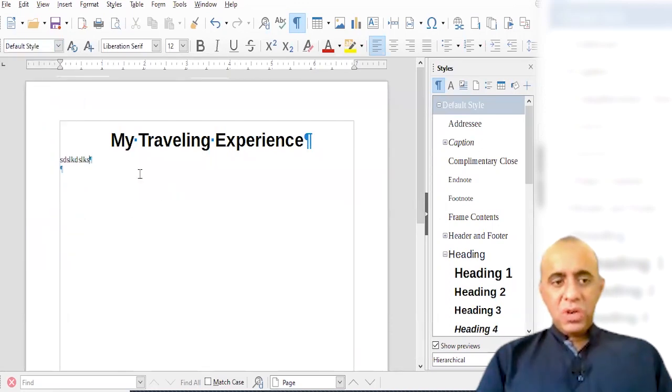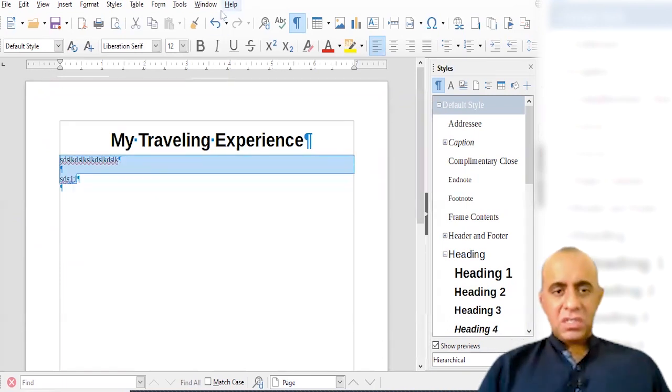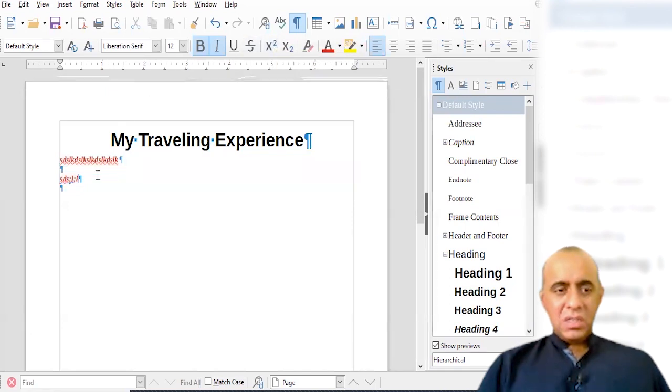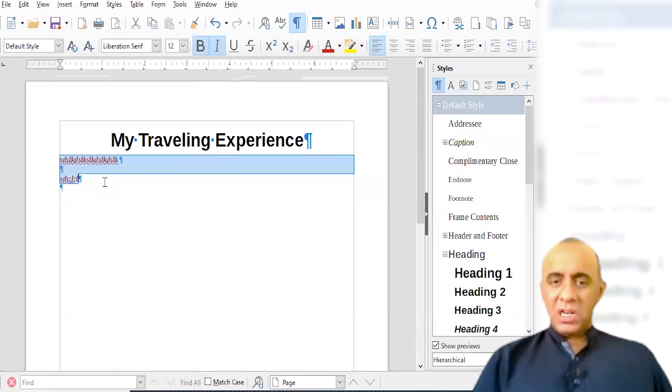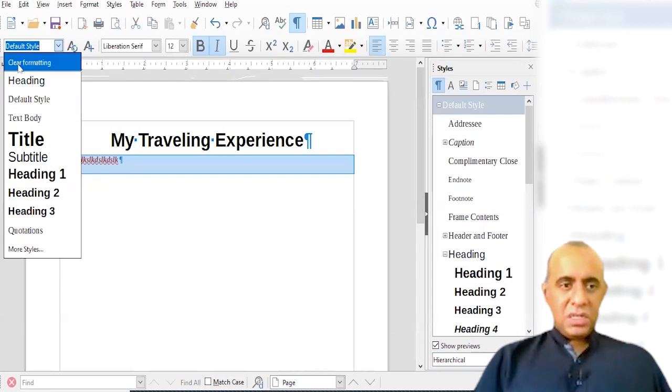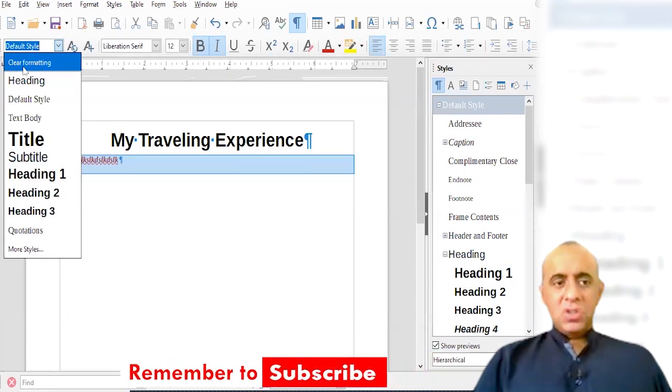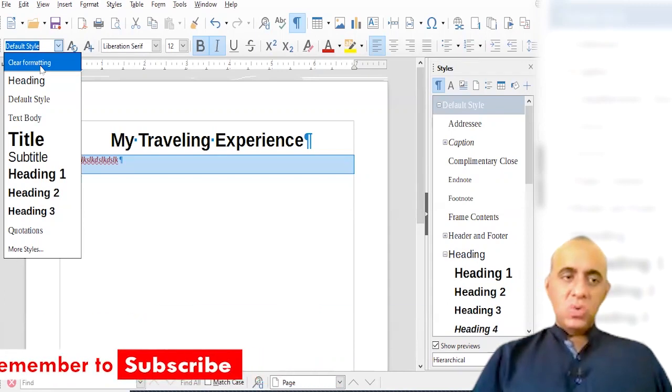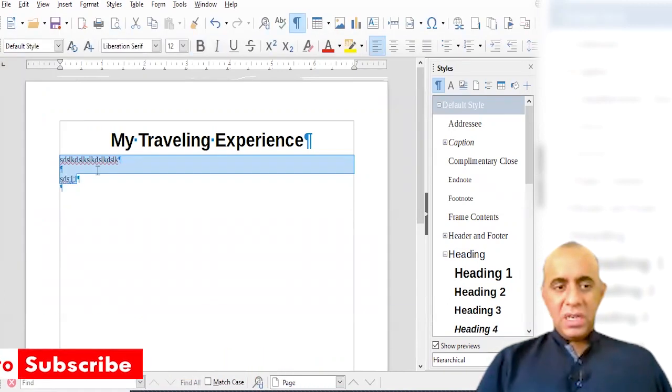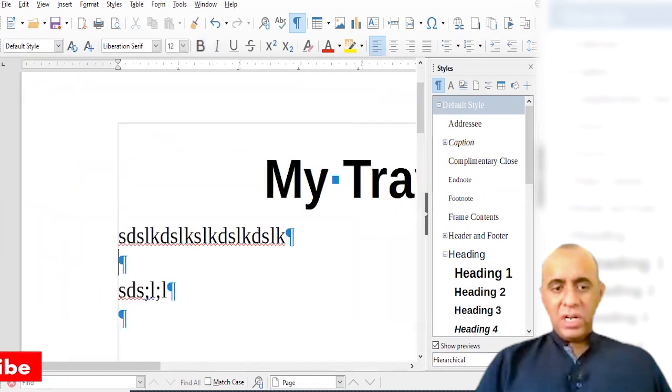For example, you were writing some random text and you thought that maybe this is not really what you want to do with the text. You had changed the style to italic, bold, and the font color was reddish, and there are certain other things you probably did with the text and you were not happy. As I told you last time, this is called formatting of the text. You can get rid of all the formatting in one click. How? You can go to the styles option, and there is something called clear formatting. If you use clear formatting, it is going to get rid of all the formatting that you see over here. Immediately you see that all the bold italic is gone.